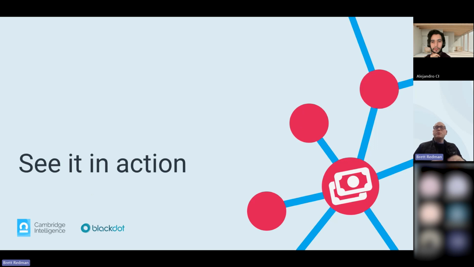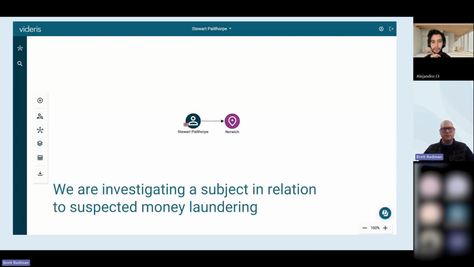What this will lead me on to is we're going to give you a brief demo. We're going to be able to look into how this is fused together. So we're going to use the intelligence we input within the software through Videris, but we're also going to see how we're able to visualize that utilizing Keylines technology.